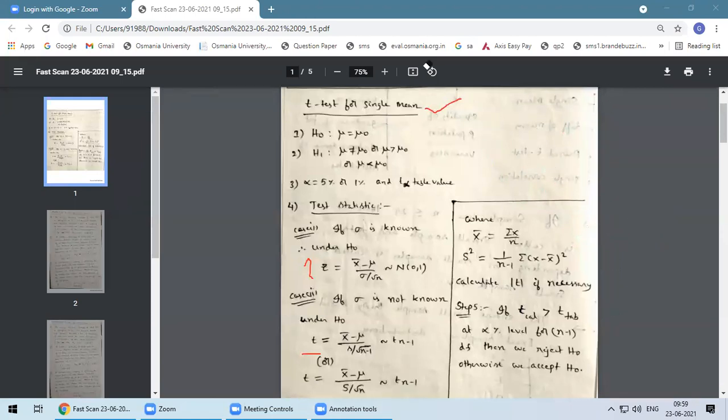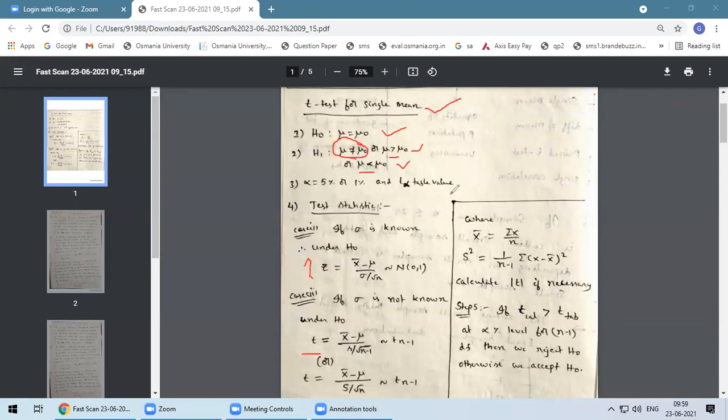So that is the reason I have showed this copy to you. So this is t-test for single mean. All of you know how many steps will be there. 5 steps will be there. Null hypothesis H0. This is similar to large sample test. That means H0 statement: mu equal to mu naught. So mu naught means whatever mu value is given, like large sample test for single mean. Similarly, H1. Alternative hypothesis may be not equal to, or greater than, or less than. If the condition is given, you will use any one of these cases. If the condition is not given, then you will directly consider mu is not equal to mu naught.